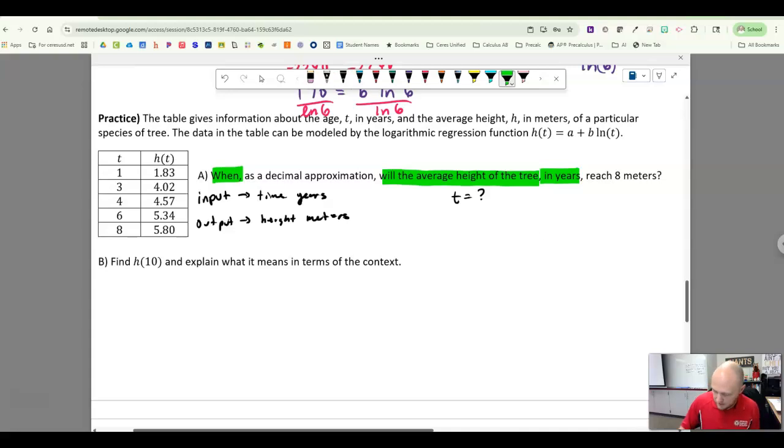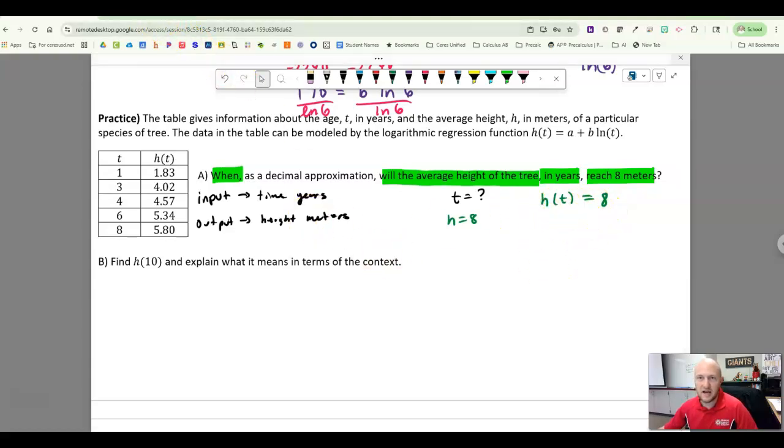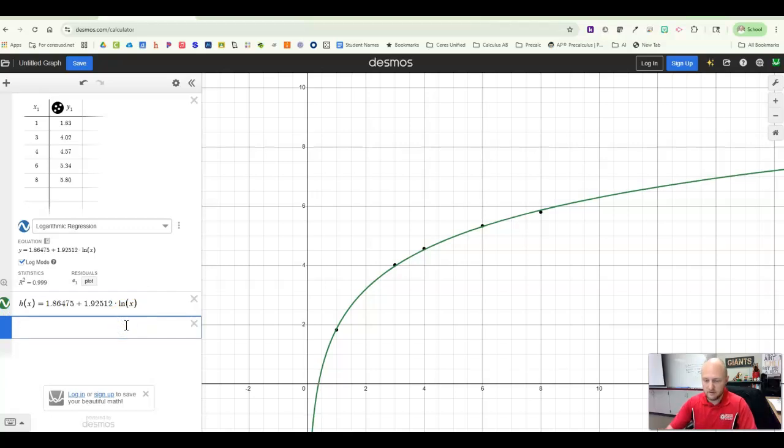And then they say when the tree reaches 8 meters. So what they're telling you is h equals 8. Essentially, I want to know when h of t will be equal to 8 based upon this regression. So we have h of t equals 8, and I can solve that via graphing. I'm just going to graph the line y equals 8,